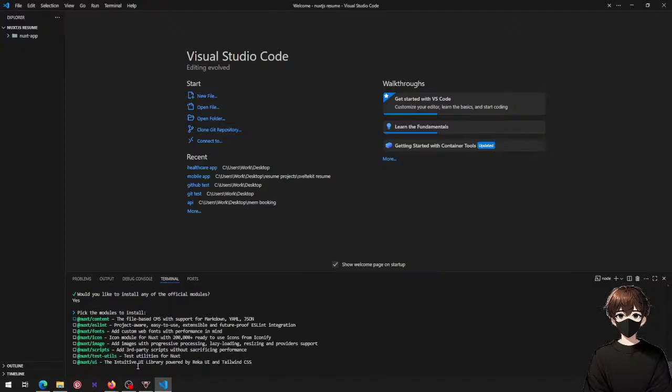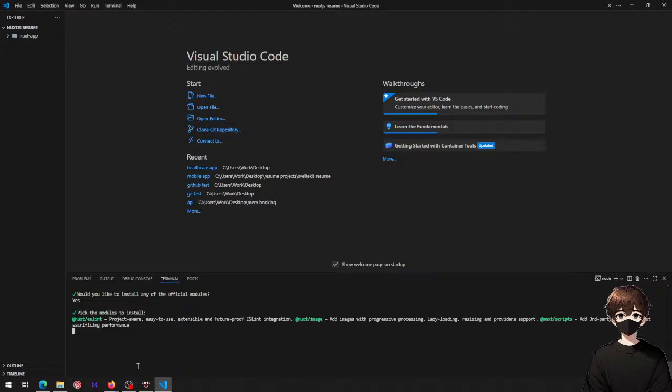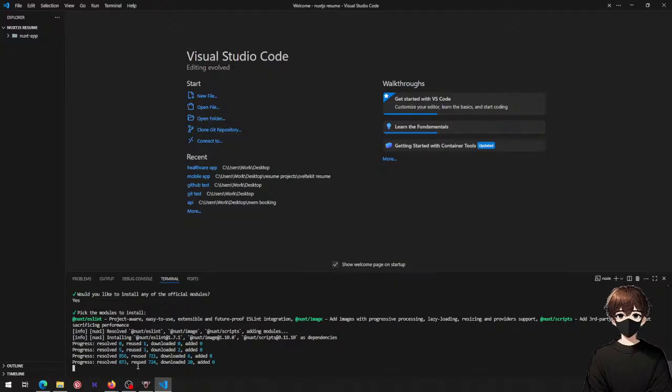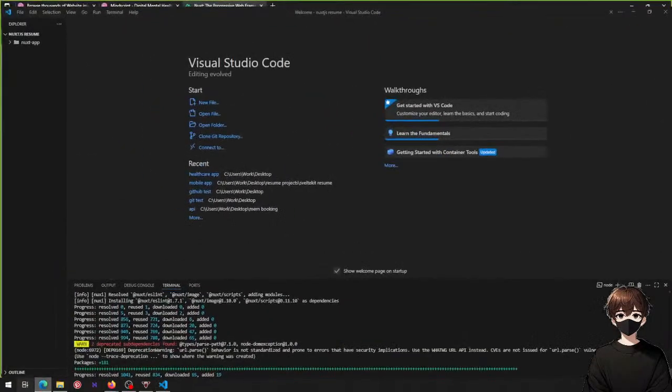Yes. Okay, let's see. We're gonna do an ESLint, custom web fonts. Not really. Icon module from Iconify, not really. Yes, the image ones, third-party scripts. We're not gonna do some testing. Next UI, no. Okay, so these ones. I noticed that Tailwind is not really installed, but that's fine. Okay,